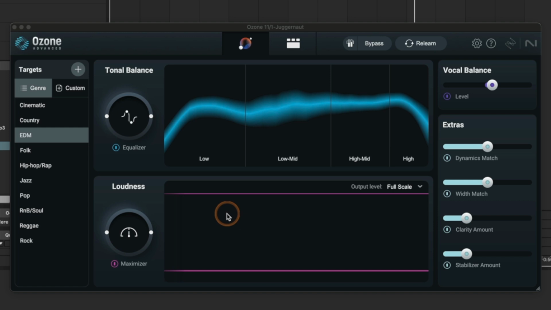I'm not even going to mess with it. It sounds fire. Everything sounds balanced. It's perfect. That is a rare situation. I would say most of the time it gives you a good starting point, but it can also give you